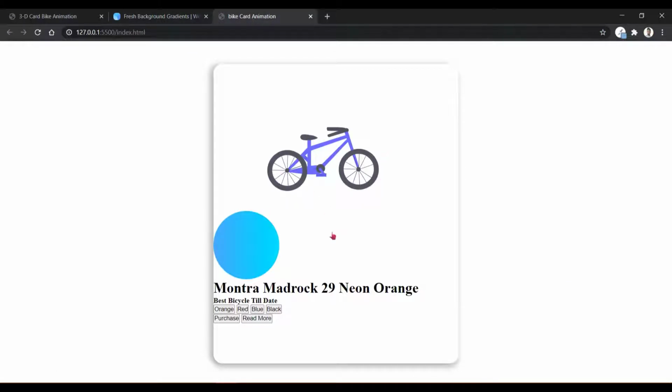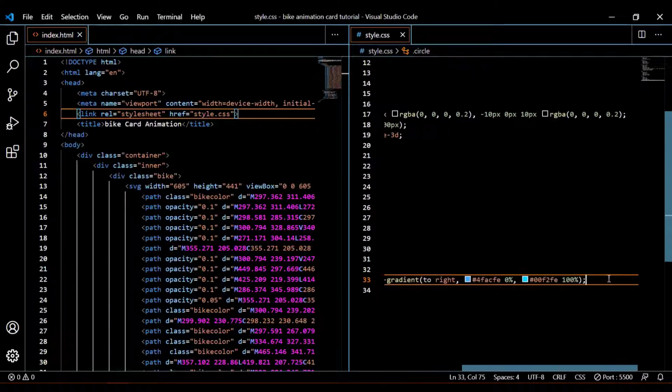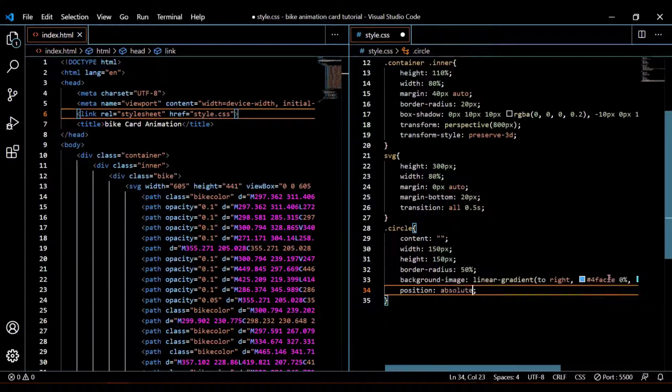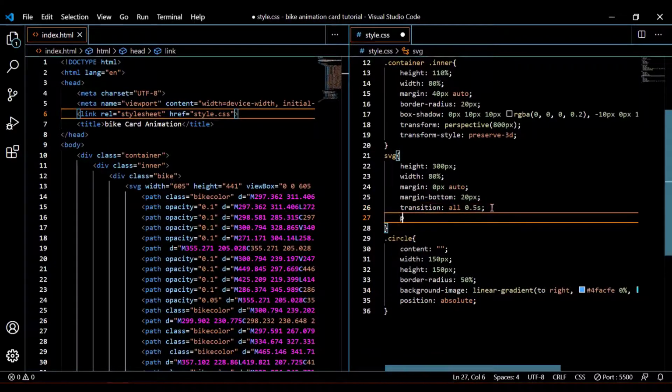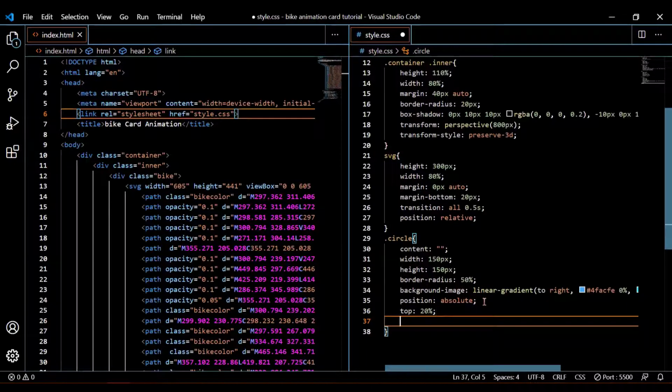Now you can see, but there is a problem. The problem is the circle is below the bike, not behind the bike. For that, we are going to give it a position absolute, and we are going to give the bike a position relative. We are going to give it a top of, let's reduce the top to 20% and left to 30%.